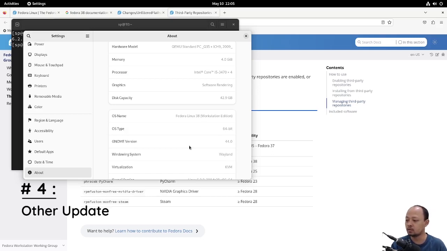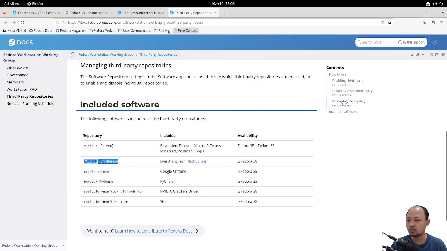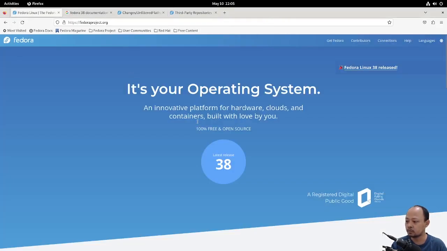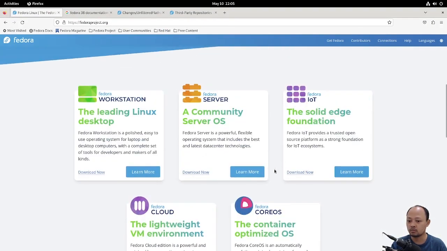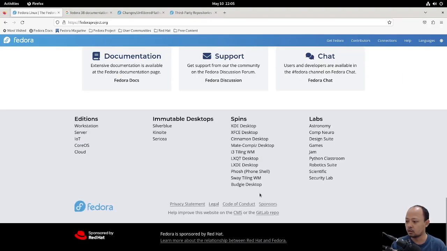Another update about Fedora that started in Fedora 38: now Fedora has 2 new Fedora Spin editions. They are Fedora with Budgie desktop environment and Fedora with Sway Window Manager.